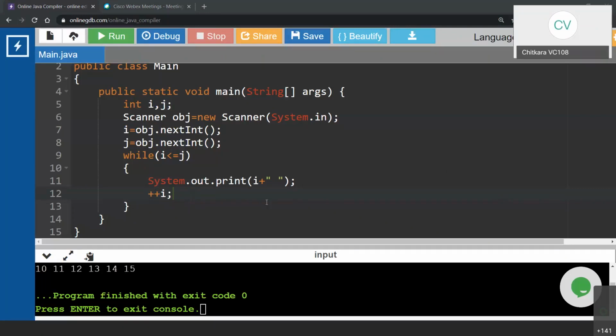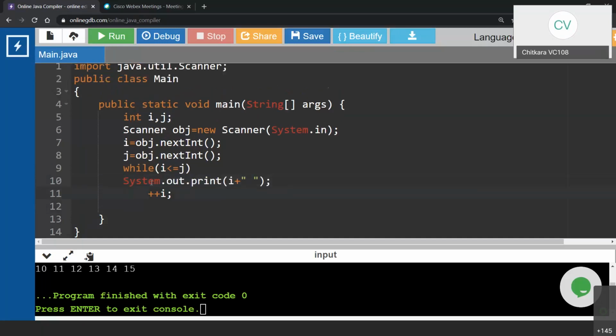Thank you. What will happen if I remove the braces? I have done something like this. What should happen now? I said while i less than or equal to j, then System.out.print(i), then plus plus i. What should happen? I need some responses in the chat window. What will happen if I do something like this? Okay, let's run this